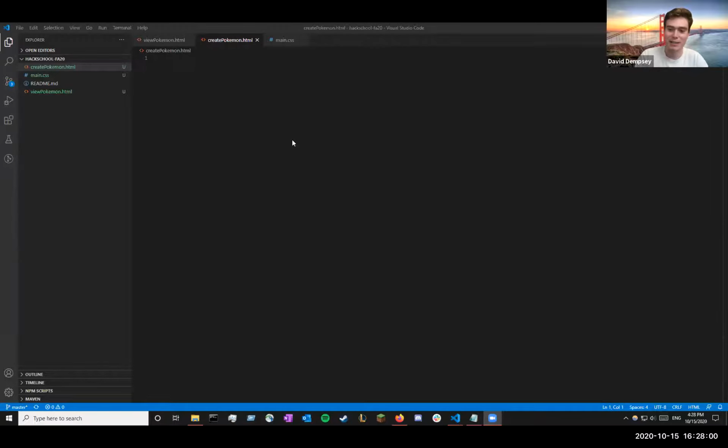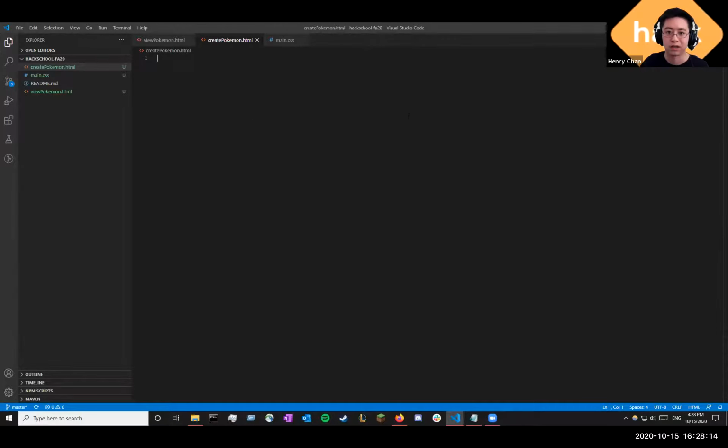Someone can help you out, set that up. For now, whoever has their screen share, can you just go through the process of cloning and then opening it in VS Code? Cloning shouldn't take too long. Yeah, so I already have the repo cloned, but basically what you're going to do is open up a new terminal, which you can do with the keyboard shortcut Control tilde, or you can go to the terminal tab up here and then create new terminal. And so from there, wherever you're located in your directory, you can type in the command git clone, followed by the HTTP address of the repo,